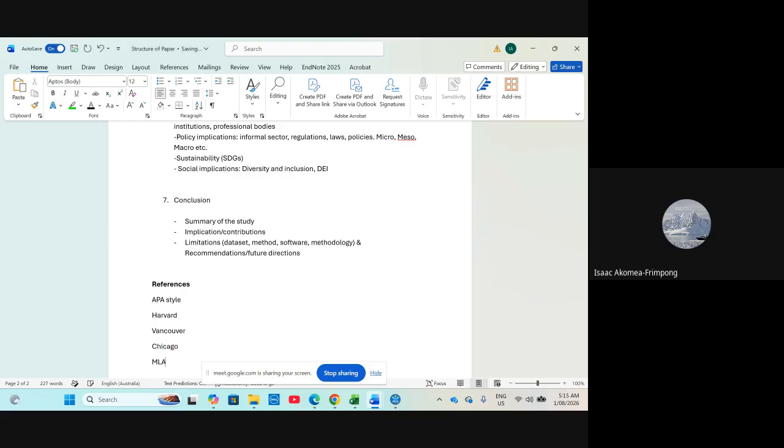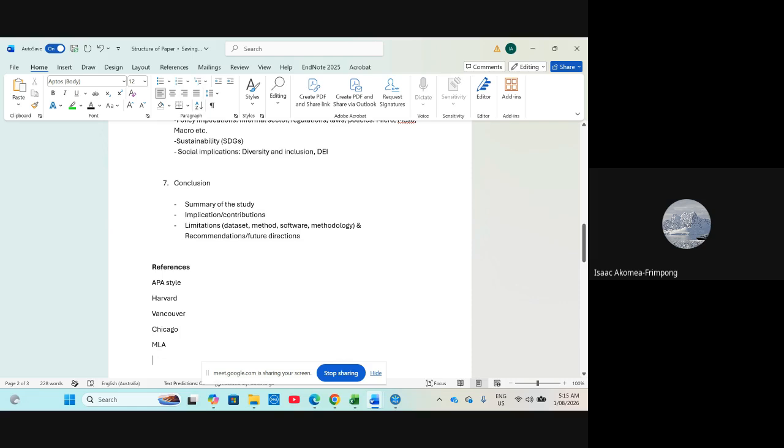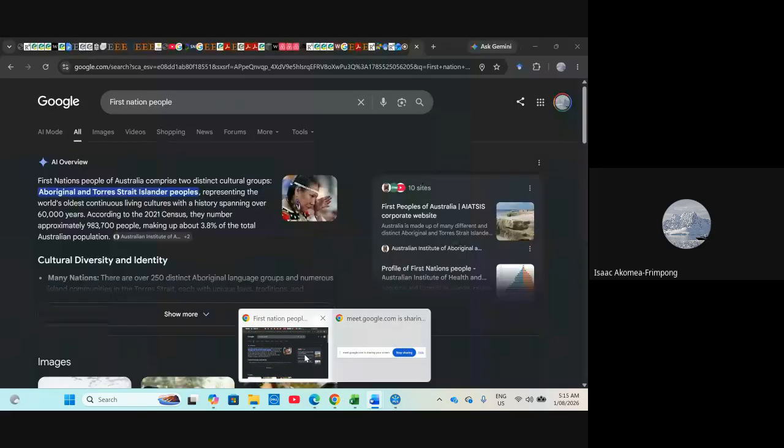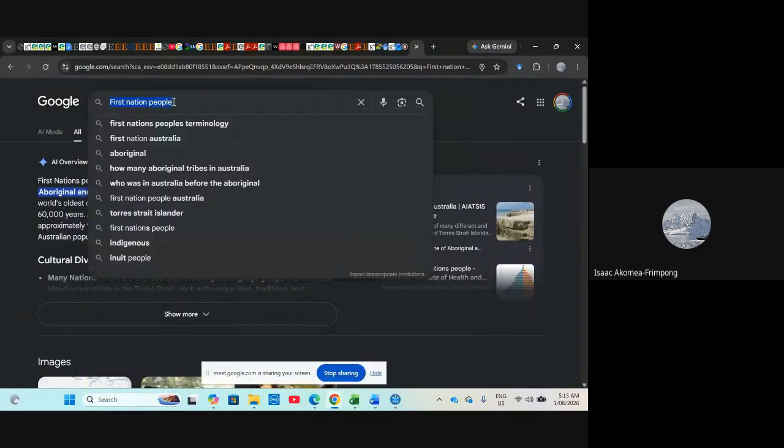Some use MLA. So please, anytime you want to submit an article, go to, there is a section in articles